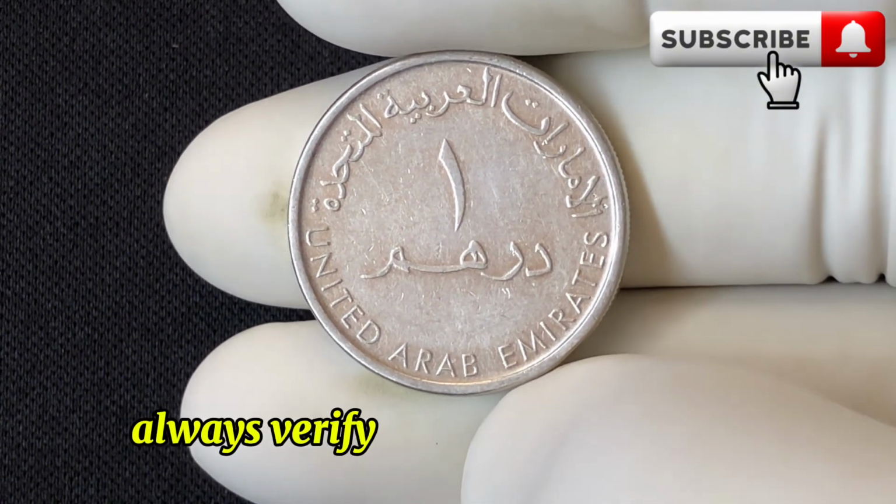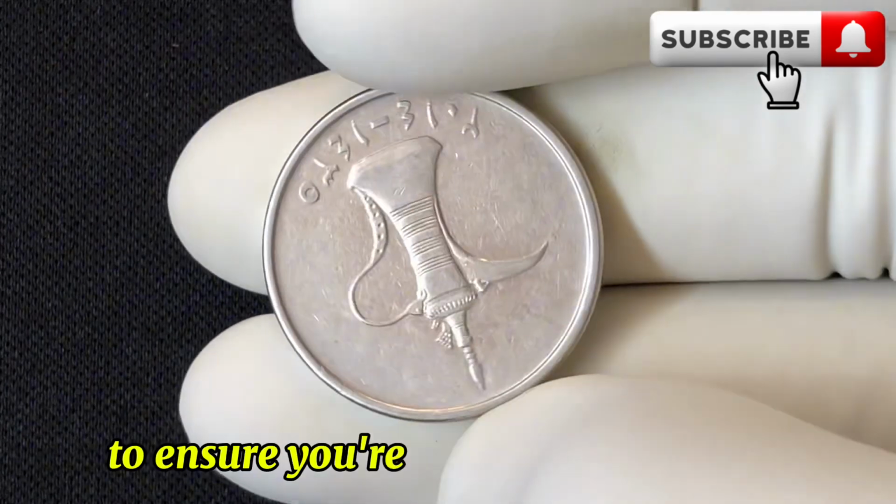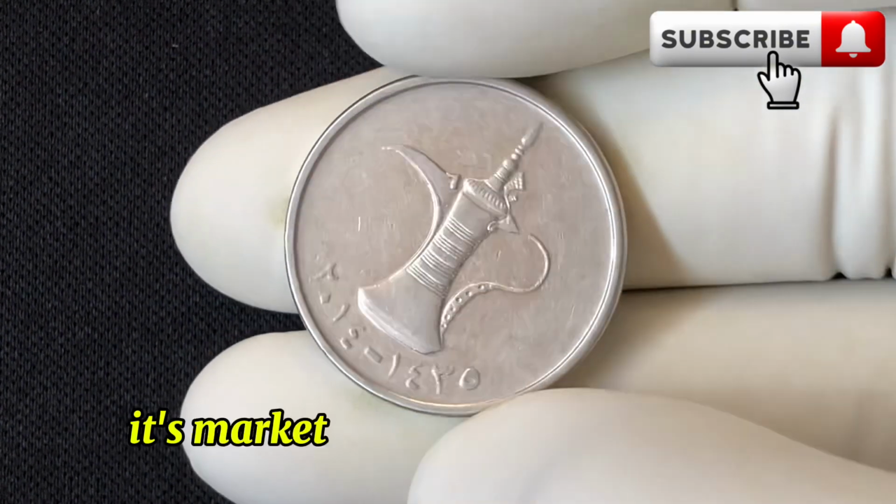Remember, always verify the credibility of the seller or buyer before making a transaction to ensure you're getting the best deal. Finally, its market value is